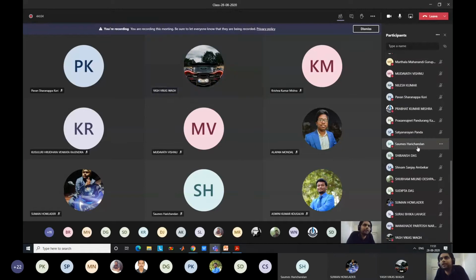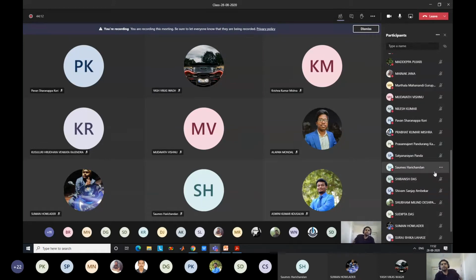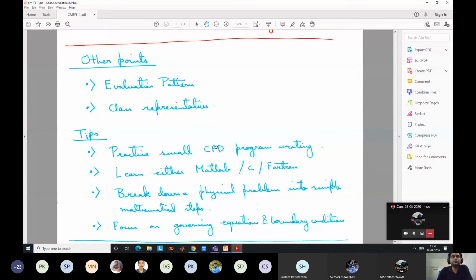Second year students who are auditing also, I will just let Satyanarayan Panda know. So if something is there, like some change in timing, you can communicate to others. First year students, you can let me know later on who will be the class representative for this course. Okay. This time it is not so important because anyway I can send an email to all of you because it's an online mode.